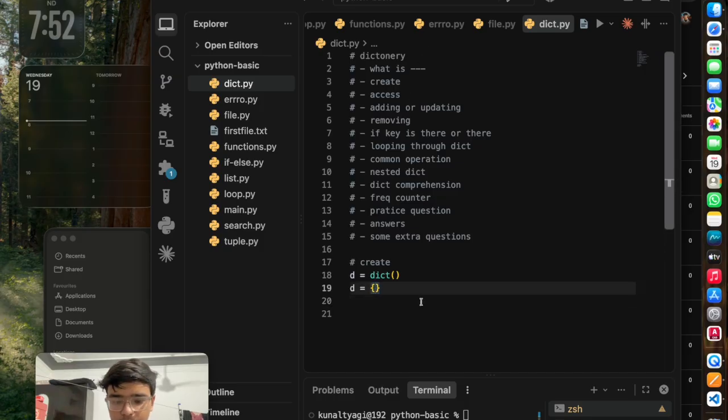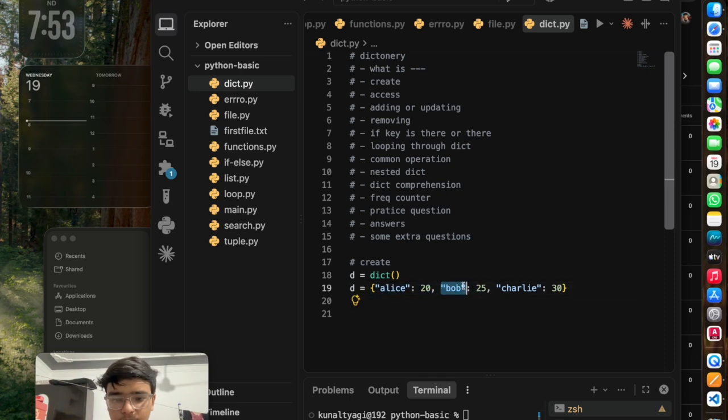If you want to initialize it with some values, let's just take some numbers and some random names. Here, as you can see, this is the key and this is the value.